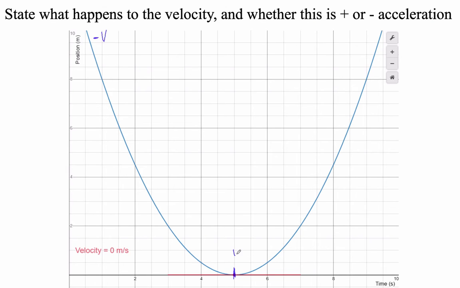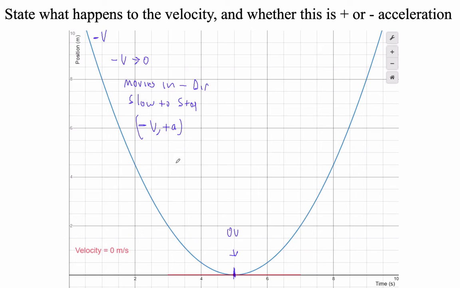And then right down here, we've got 0 velocity, right? So here we have a negative velocity, and it goes to 0. So we're moving in the negative direction, and we slow down to rest, right? So if we have a negative velocity and we slow down, that means we have to have a positive acceleration,